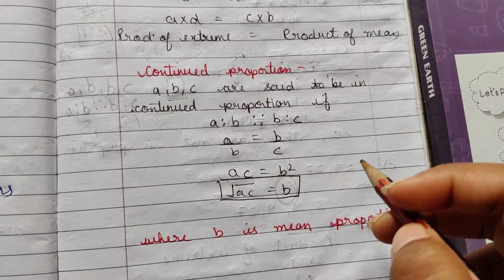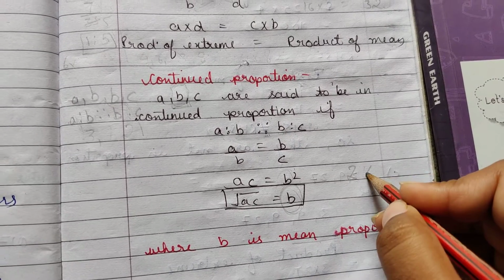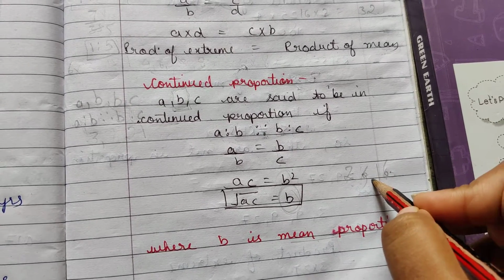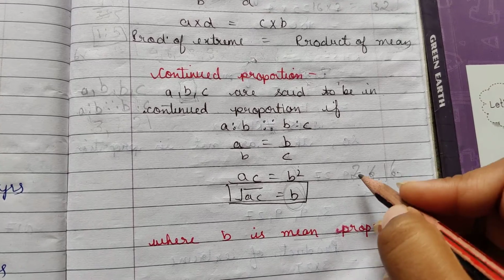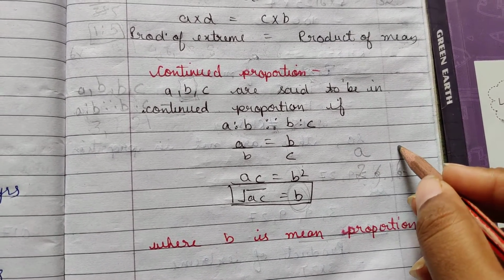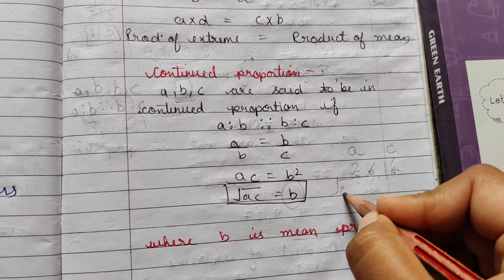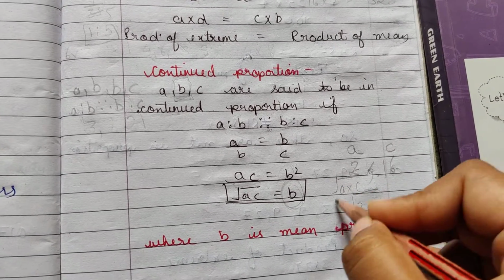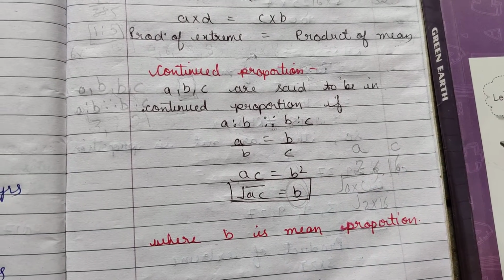ठीक है, if they are asking you to find mean proportion of 2, 16, बस ये उन्होंने 2 ही नंबर्स दे रखे होंगे और बोलेंगे find the mean proportion of 2, 16. So what you have to do, when 2 numbers are given, 1 number will be taken as a, the other will be taken as c, and you will write it as it is in this formula, a into c. So under root 2 into 16. Now you will have to solve whatever is inside to get the value of mean proportion, that is b.